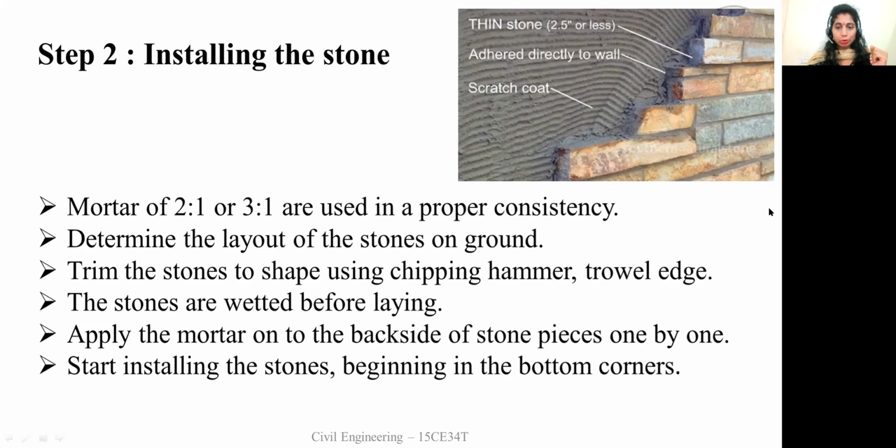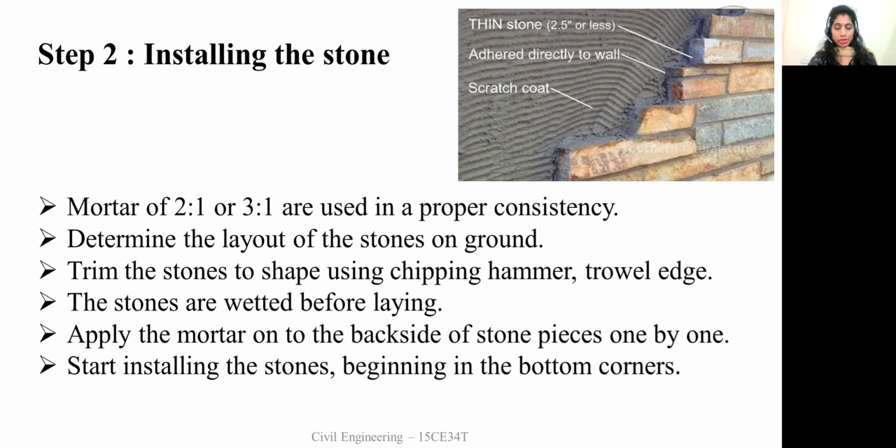Okay, we should not go and apply directly. Before applying, first place the stones on the ground. Just first you plan how it should be. Okay, so once we go and apply directly on the wall, what happens? In case the work is not right, the stone has not stuck properly, it is very difficult to rework. Removing it and redoing it takes time. It takes a lot of time. Okay, that's why we should always plan before laying of cladding.